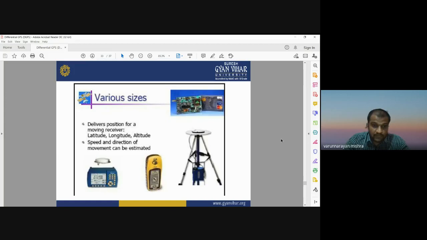If you want to have a quick survey, then it is very useful to get a handheld GPS. Handheld GPS provides you the easiest way to get a rapid survey. But other kinds of GPS require a tripod, so you need manpower and time to use these receivers. Depending on your requirement and the availability of manpower, you can use any of the GPS receivers, because GPS receivers are available in various sizes.